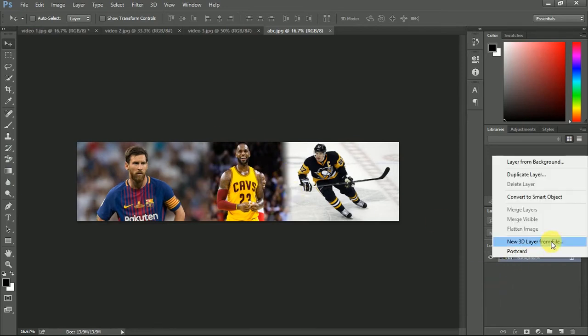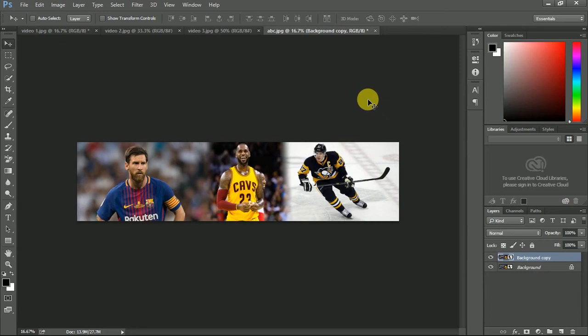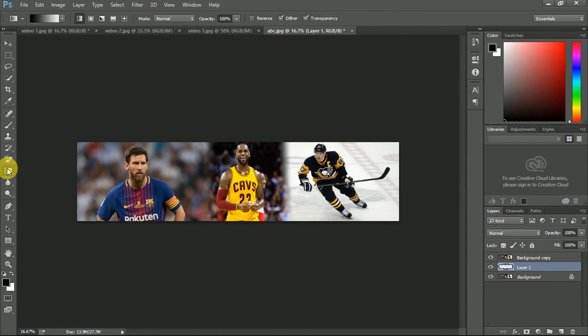So go into right click on the background, press duplicate layer, it doesn't matter what you call it, perfect. So now we have two copies. You're gonna go ahead and create a new layer, that one. So it's that button right there. You're gonna sauce that down there, and then right click on the gradient tool button and click the paint bucket